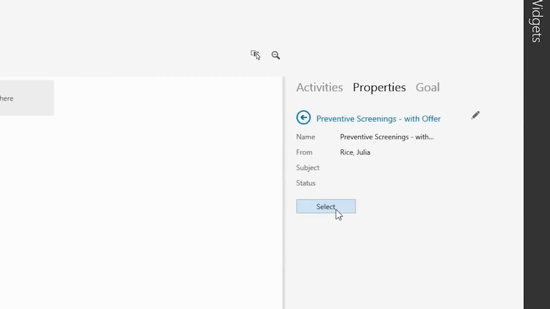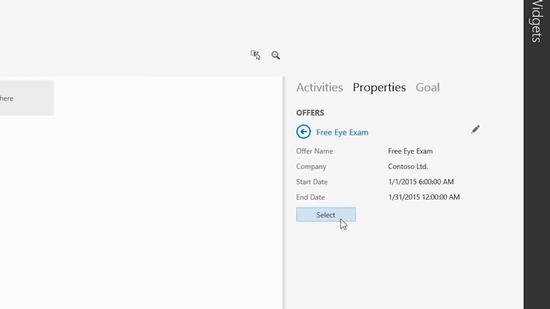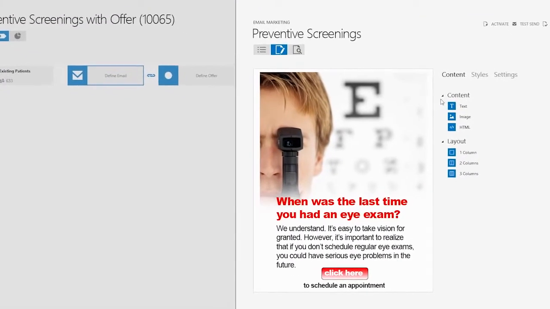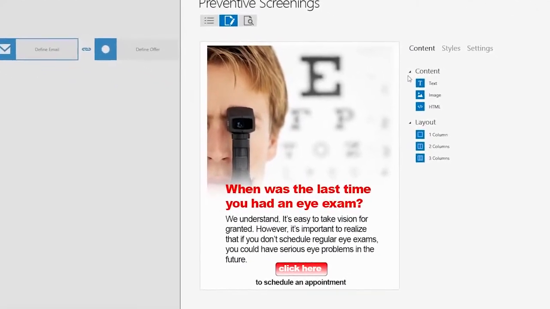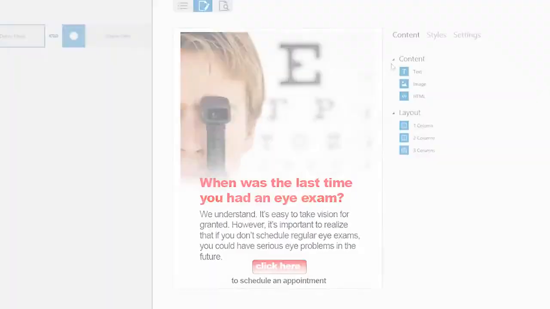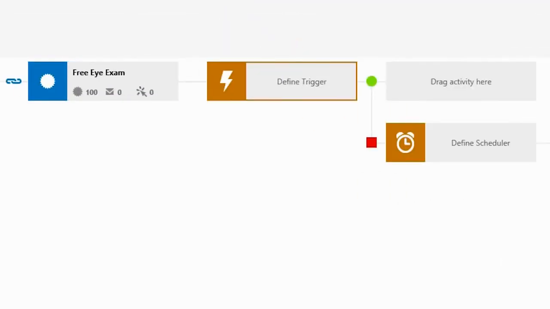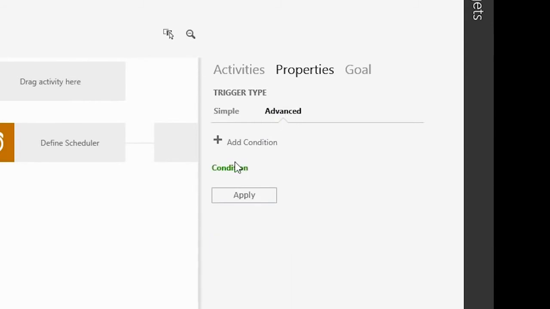Since the offer was created independently of the campaign, Microsoft Dynamics Marketing will automatically track the number of offer participation, in this case, 100 offers. But Marcus wants to reserve his offers only for a specific segment, the fence sitters who have opened their emails but never registered for an appointment. Marcus can easily target this segment by using the multi-condition feature and the advanced properties.